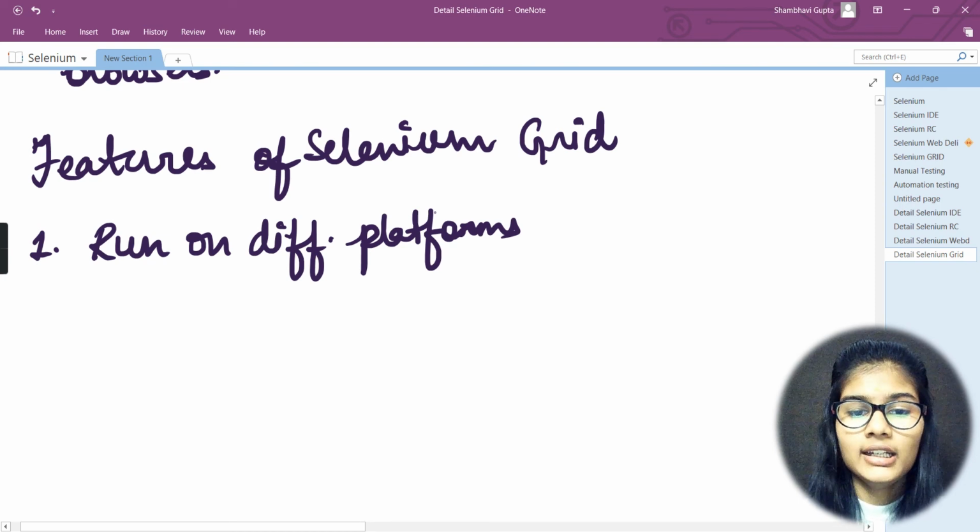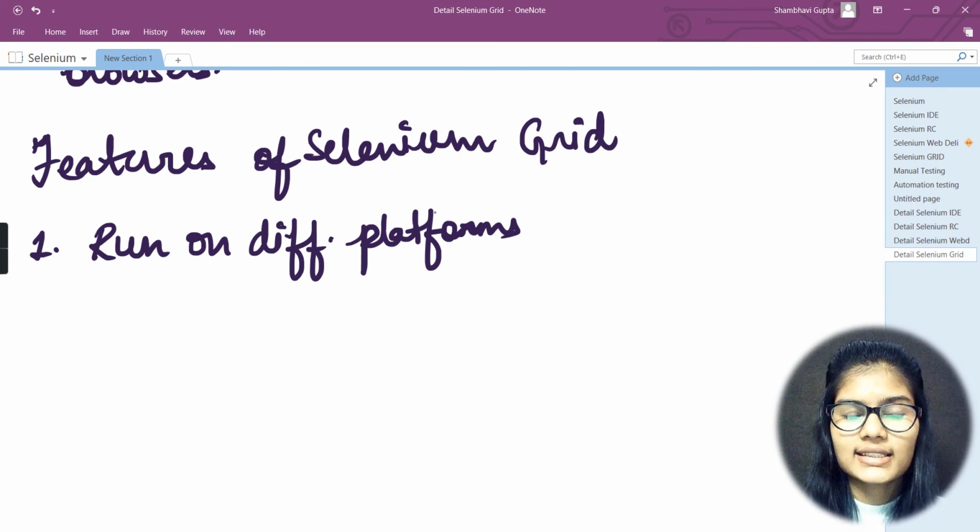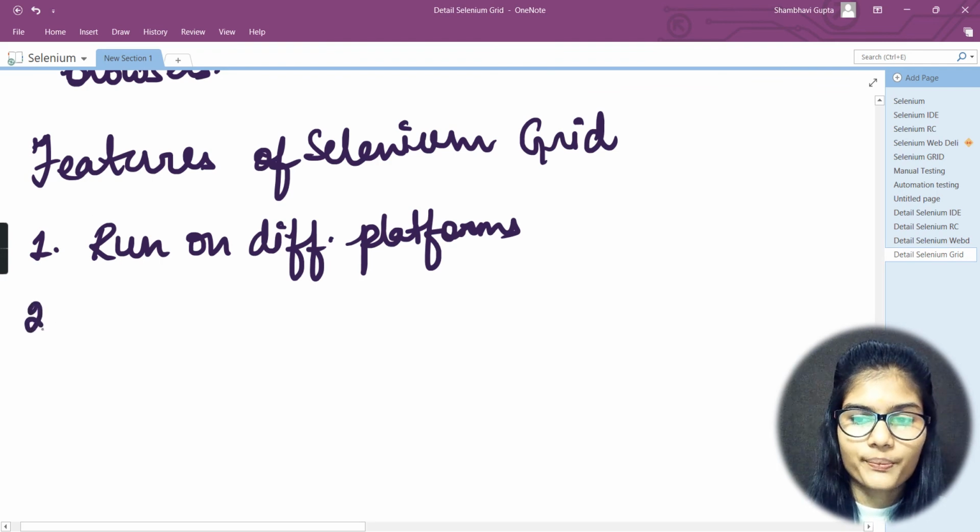Let's say you have a hub, which has, let's say, Internet Explorer 9, as many older websites support Internet Explorer 9. Now you want to run the test cases on a different version of Internet Explorer. As we know, only one version of the browser can be installed on a computer. So in that case, you need to configure the node to which you want to send your test cases. This is how it works.